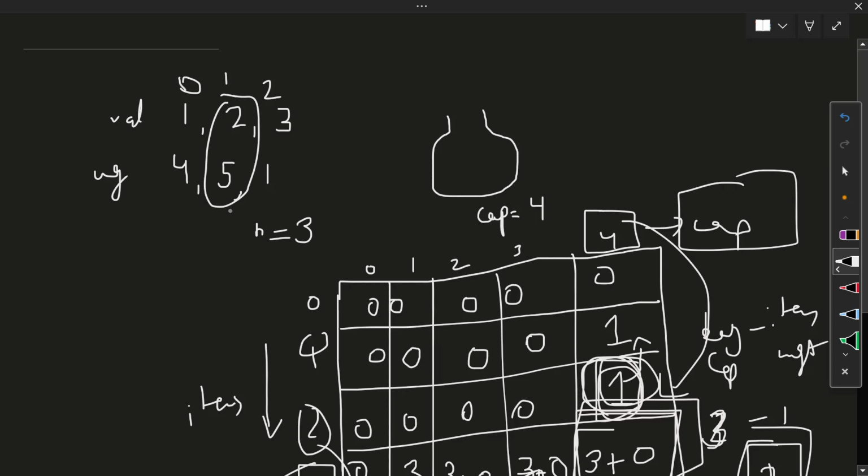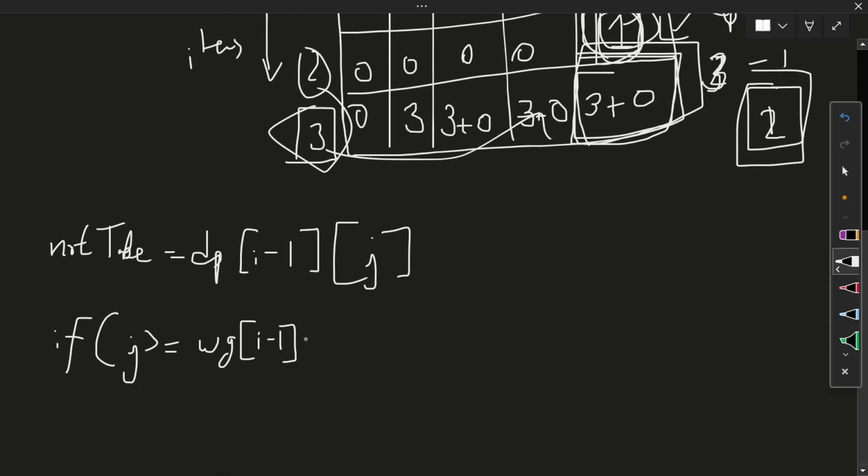So that's why we have to do minus 1. If our bag capacity is higher than or equal to this item weight, then we can take this element. So we have two options, take or not take. Take means we are taking this element and getting the value